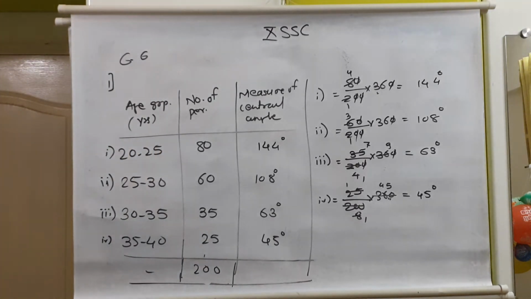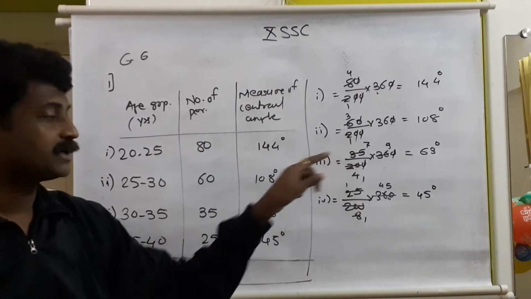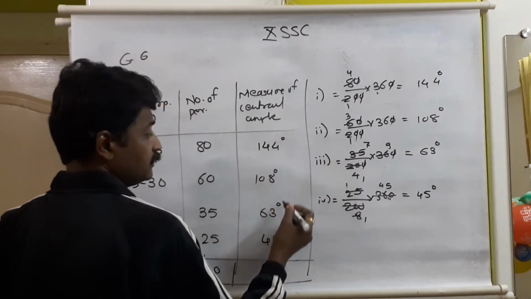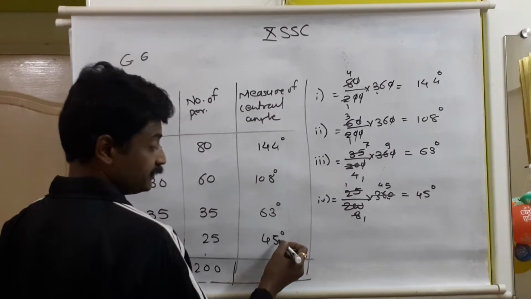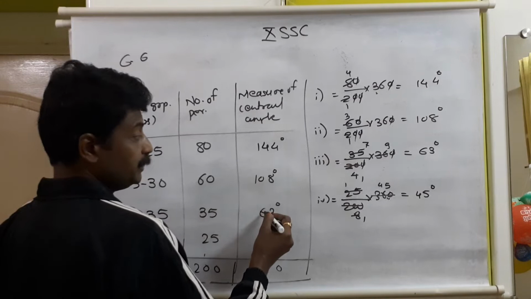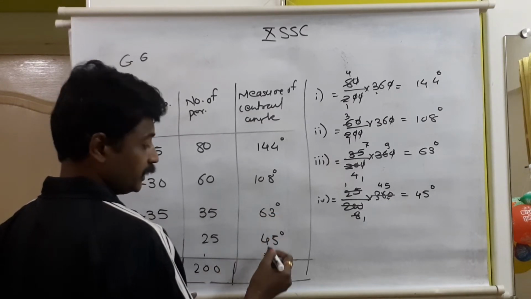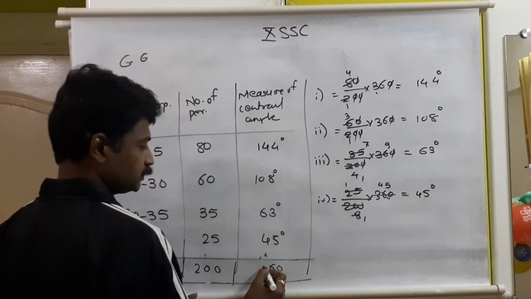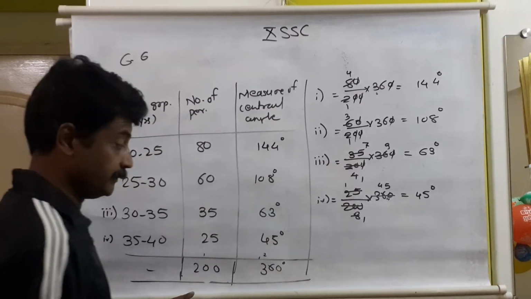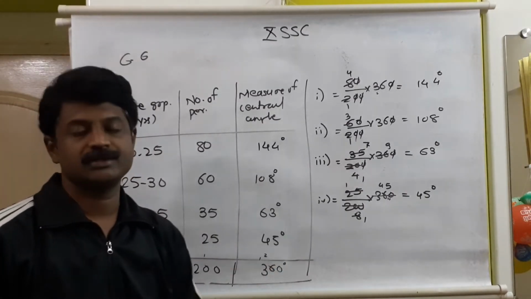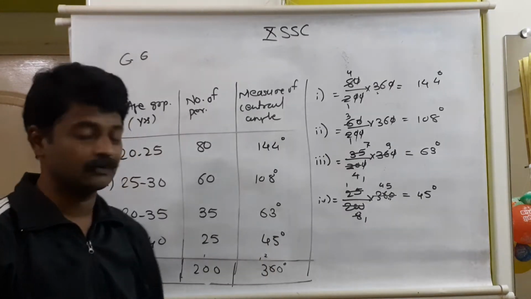Let us continue. First of all, we need to have the total of this. It should be 360 degree, because the full angular measurement of a circle is 360. Let us add: 8 plus 4 is 12, 12 plus 3 is 15, 15 plus 5 is 20. So 0 carry 2, 4, 4 plus 6 is 10, 10 plus 4 is 14, 14 plus 2 is 16, 6 carry 1, 1 plus 1 is 2, plus 1 is 3. See, this total is 360 degree. Means our calculation is correct. If it is not 360 degree, somewhere the calculation is wrong. So this is also one type of cross checking.